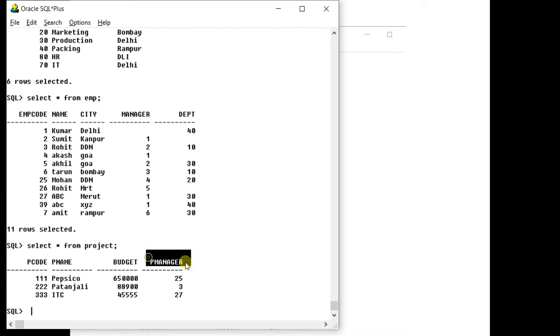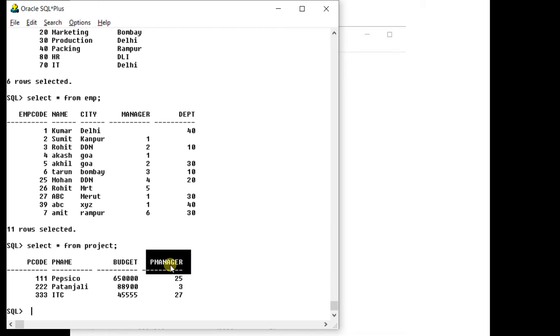Actually, this P manager is a foreign key of employee code. PepsiCo will be managed by 25, which means Mohan. Patanjali will be managed by 3, which means Rohit, and ITC will be managed by 27, that is ABC.